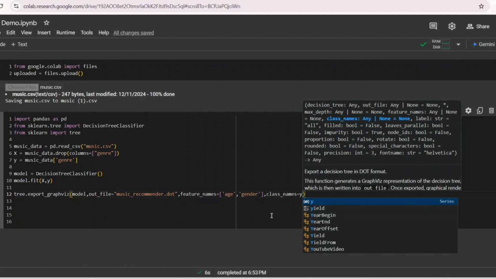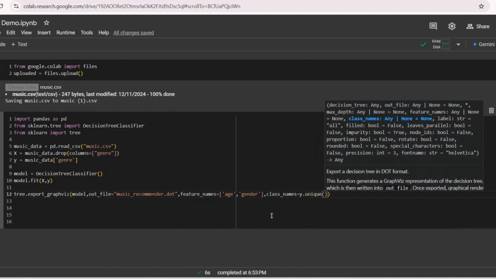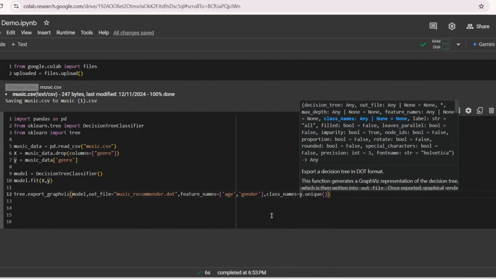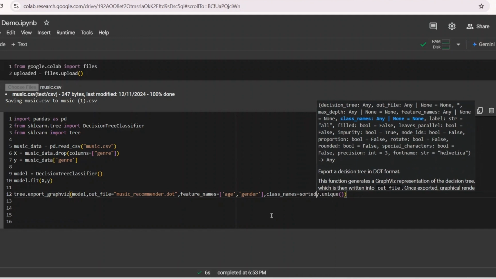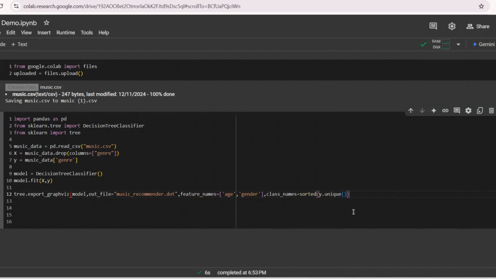Then we write the function unique. As the name suggests, it will return the unique list of classes. Now we need to sort this alphabetically, so we call the sorted function and pass the result. So here in the beginning I'm going to write the sorted function and put this inside the brackets.